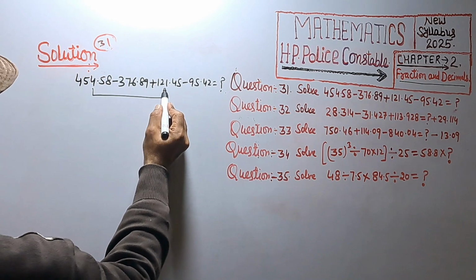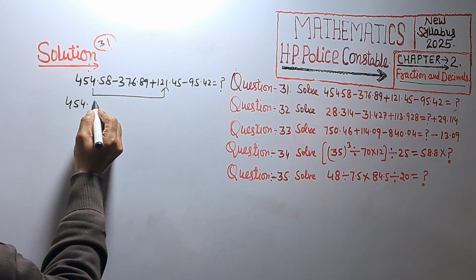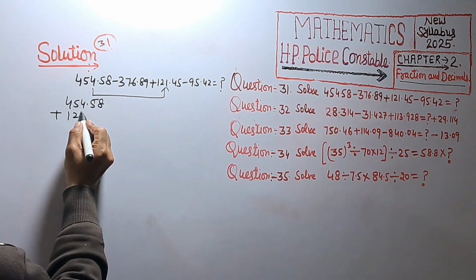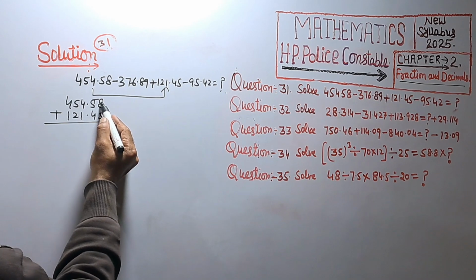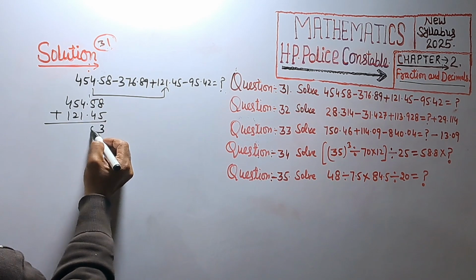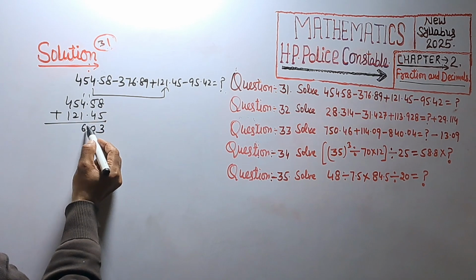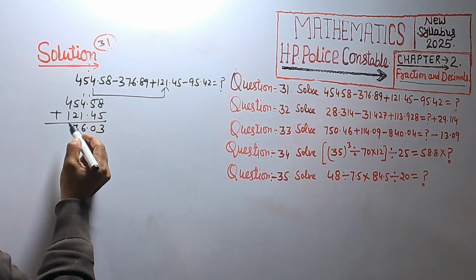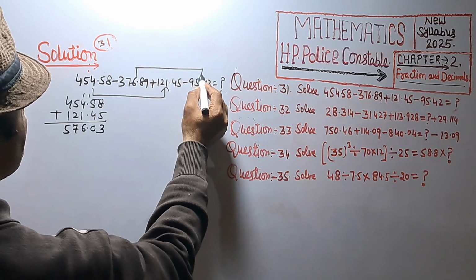First, we add positive number, that is 454.58 plus 121.45, that is 8 plus 5, 13, 1 carry, 9 plus 1, 10, 1 carry, 4 plus 1, 5 plus 1, 6, 5 plus 2, 7, 4 plus 1, 5, and negative number, that is